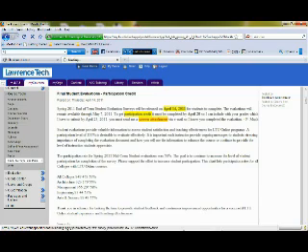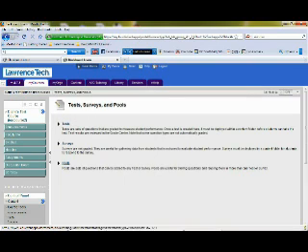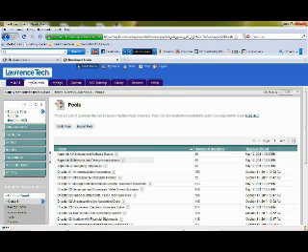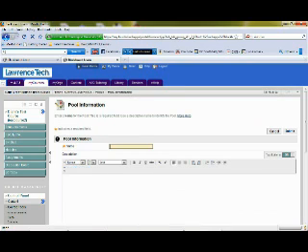Using test pools also, you can build your test. So I just selected from my course tools, the test, surveys, and pools, and we're going to use just the pools area. You can actually build your own pool. The same way that you build a test, you can build a pool. And this pool just means that you have a bank of questions that you're going to access and select questions